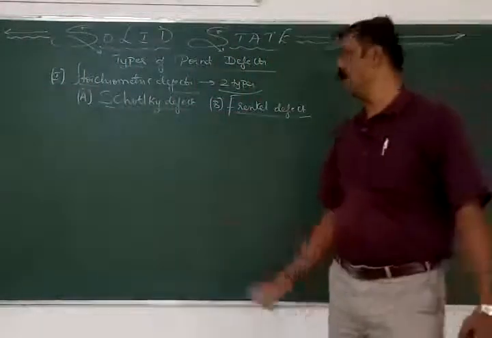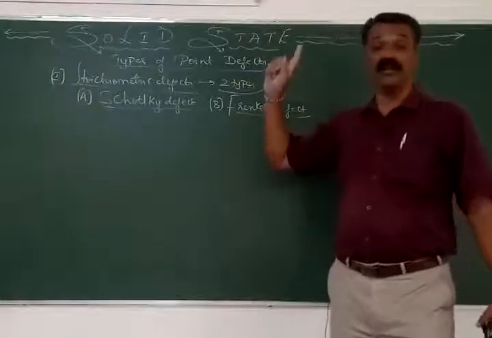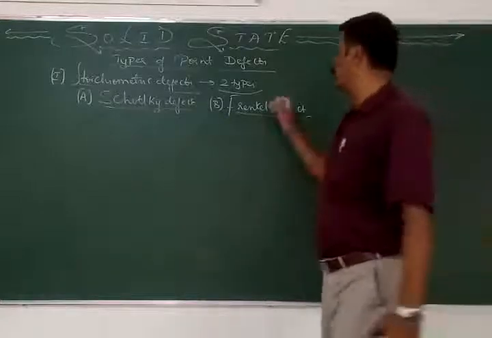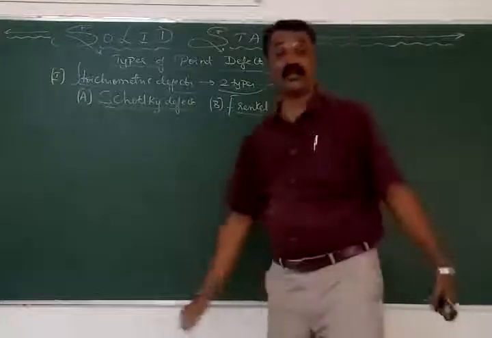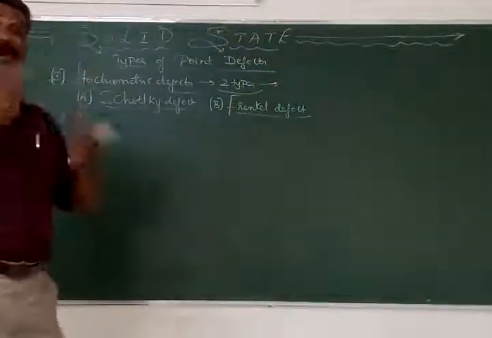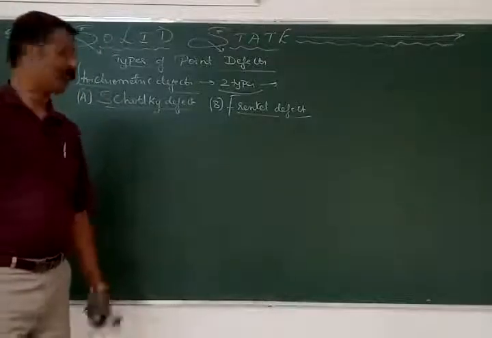Schottky defect and Frenkel defect are not general for atomic crystals or molecular crystals, but strictly applicable to the ionic crystals. Ionic crystals means what? The particles are oppositely charged ions which are held together by what bond? Electrovalent bond, or simply it is called an ionic bond. Okay. So now